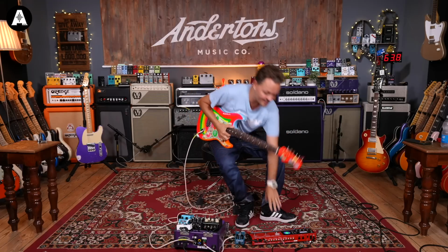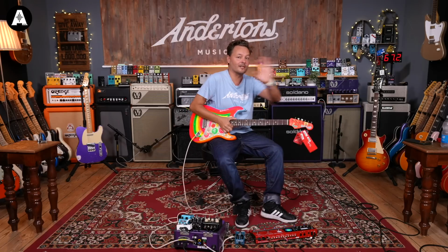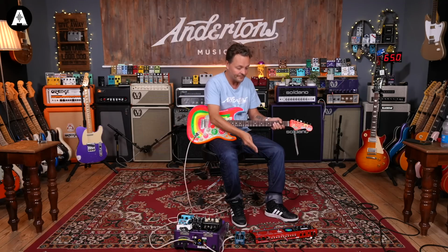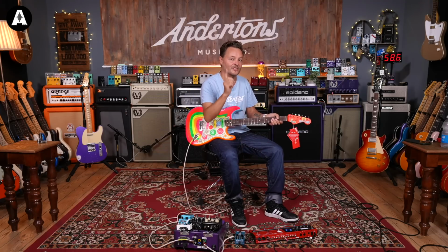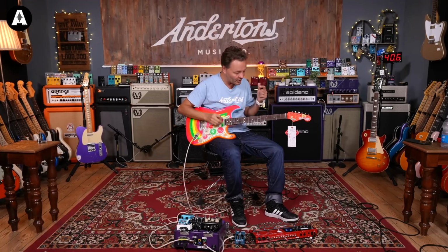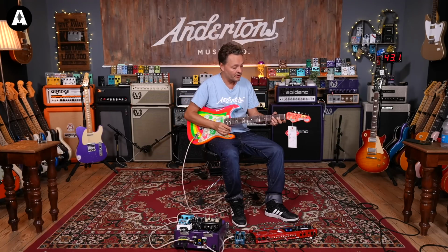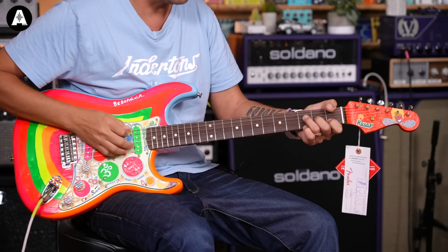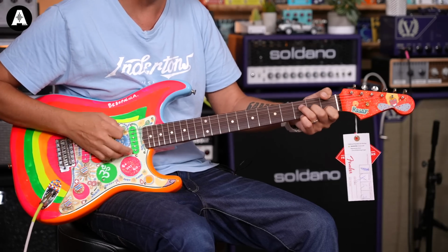I've got this new RC600 looper on the floor, which we haven't done a video on yet. We will at some point, but it's a cool thing. What I'm going to try to do is show you how that works. So the chords: you've got an F chord with an F9, but with an A ringing out. So it's kind of